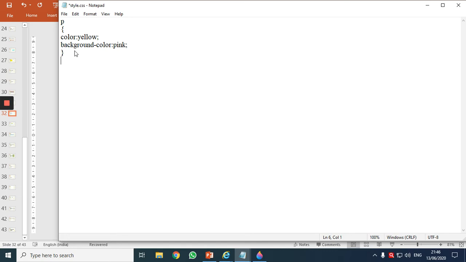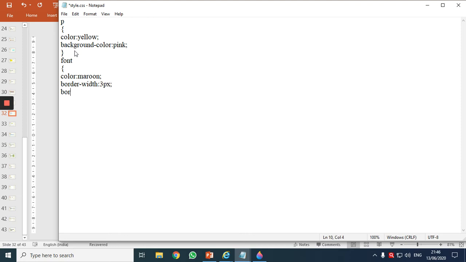Here, my selector should be font. Curly brackets open. I want to give the color to the text. I will say maroon. Okay. I want to give it a border. So I'll say border-width, say 3 pixels.